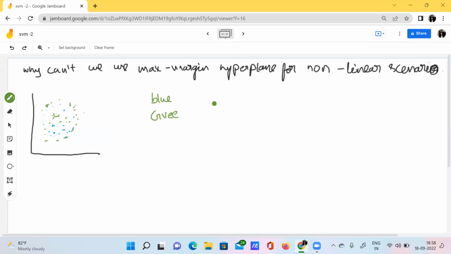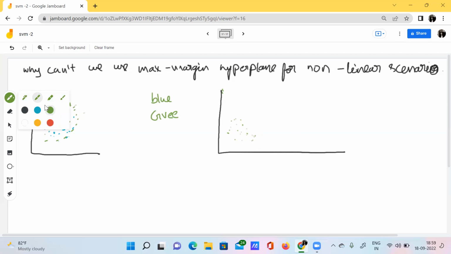For example, let's say we have a data and the data is well separated, like the earlier form of data.